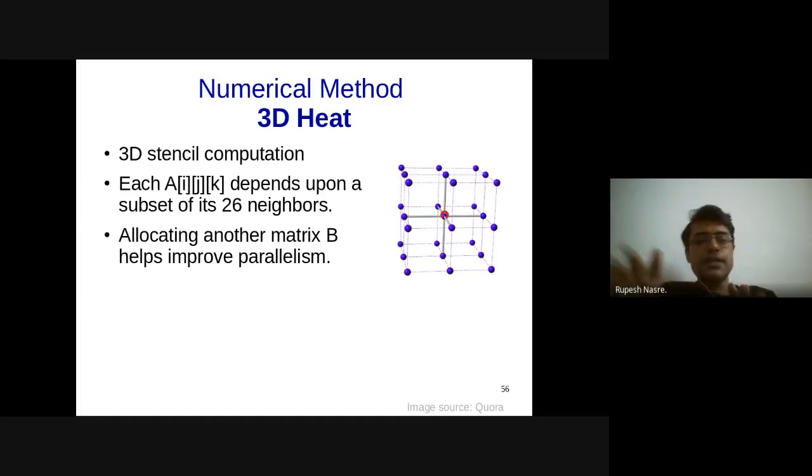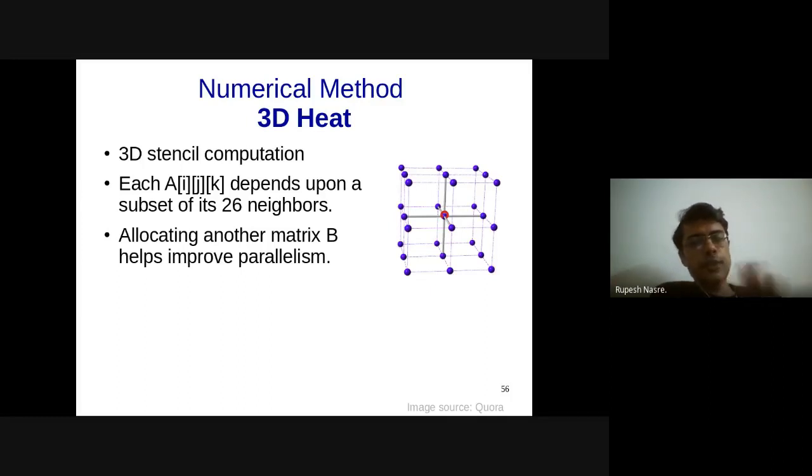But the number of iterations will turn out to be smaller because you are going to reach the convergence criteria faster. So again, the trade-off is going to weigh either this way or the other way, depending upon the problem, depending upon the elements which are present, depending upon the processing that you are doing, let's say in this case the 3D heat wave equation. So this needs to be checked, and you should definitely experiment with these different forms of keeping a copy or not.